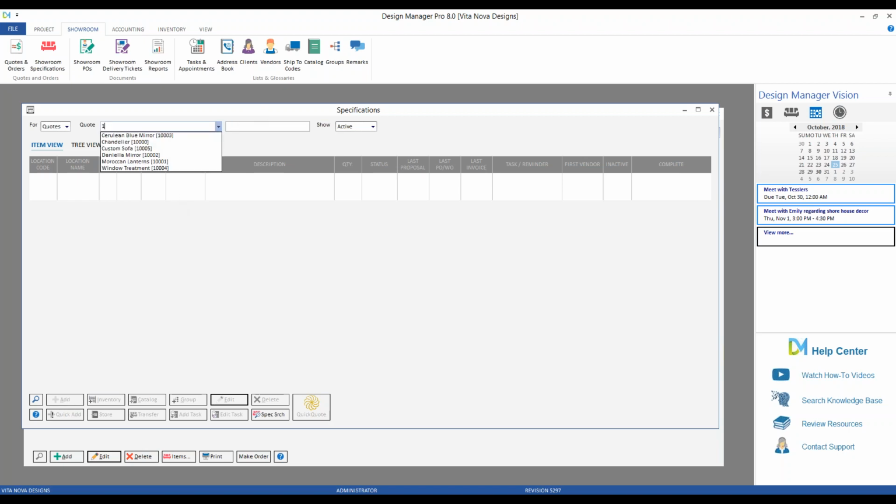Now notice, I can input my quote number and then begin to input my specifications, but I could also type in custom sofa, and Design Manager is automatically finding it for me. I could even start typing Mr. Brennan's name, and it's going to track down that quote as well. So I don't need to remember the quote number. I can just put in the description, the name of the client, and Design Manager is going to find it for me. And now I could go ahead and click Add and start creating my specifications or inputting them into